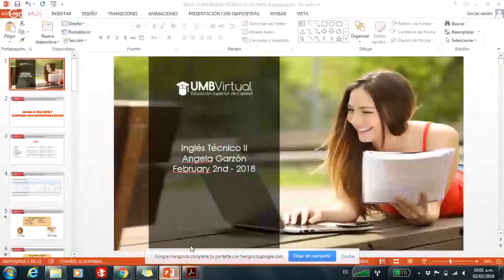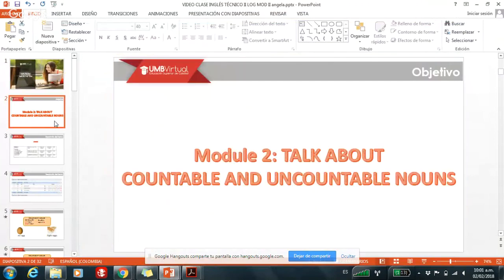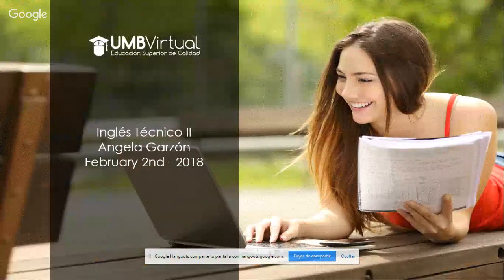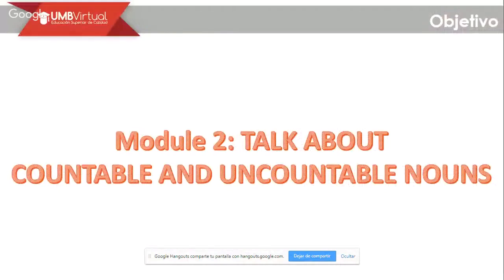Okay, for today, we're going to see our second model according to countable and uncountable nouns. You're going to see the presentation that we had for today, and we're going to practice with some exercises. So, here, this one that is going to be our main topic, okay? So when we think about countable, ¿qué podemos contar? Okay, so we can count a computer, a desk, universities, and uncountable nouns, generalmente, cuando hablamos de comida, a elementos